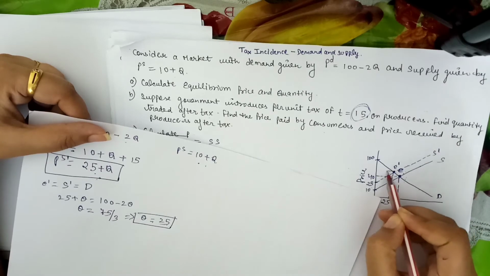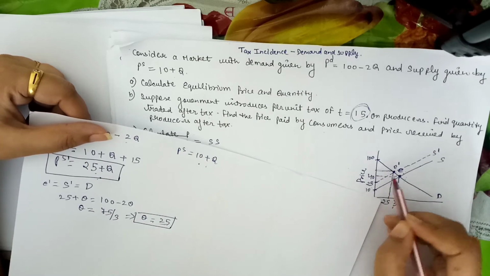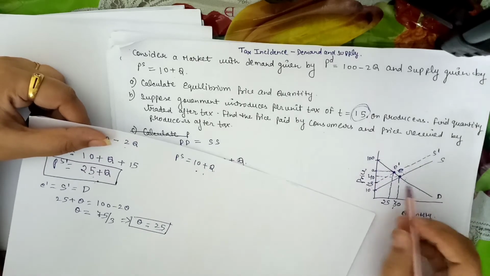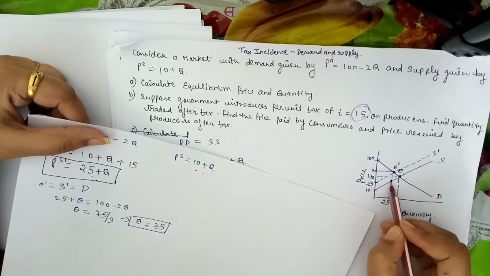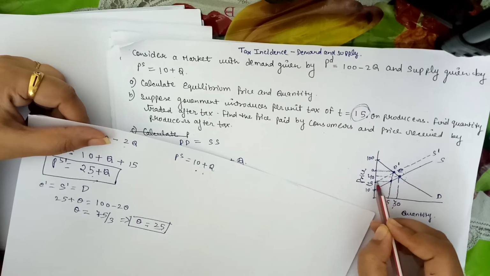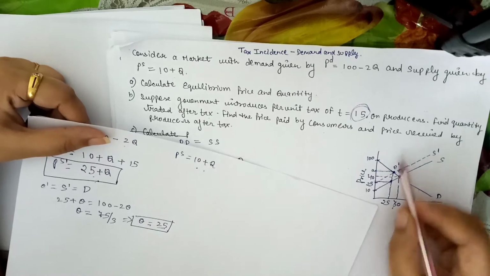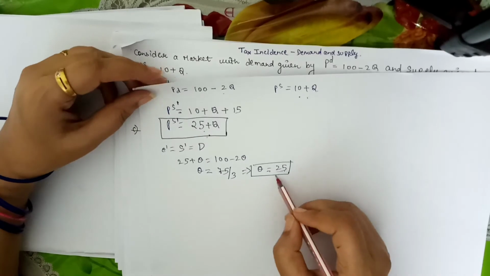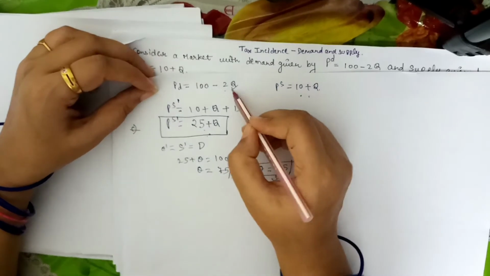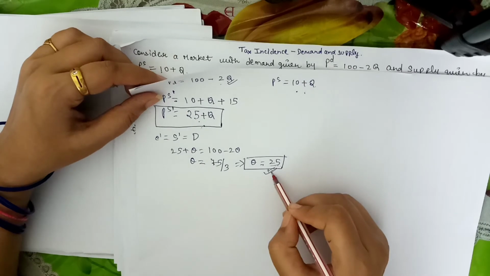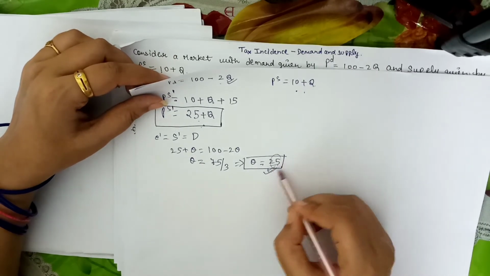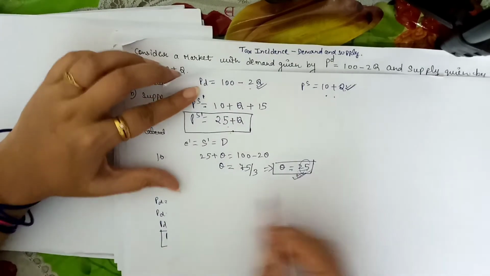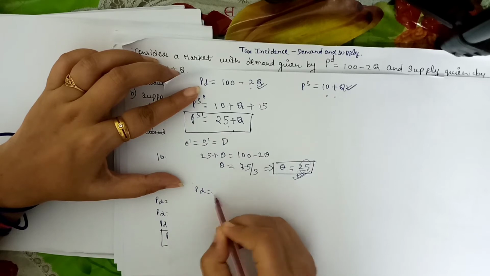As we know, this is the price paid by consumers, which I am writing here as A, and this is the price paid by producers. For calculating the price for the consumers, we will just substitute this value in the demand function, and to calculate the price for the producers, we substitute this value in the old supply function. So next I am substituting this value in the demand function.